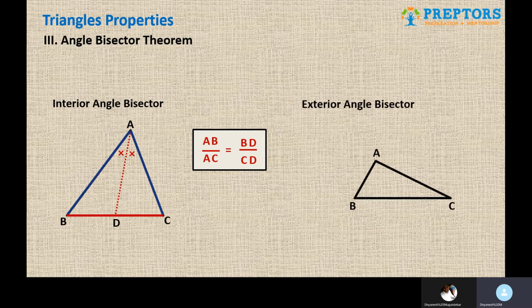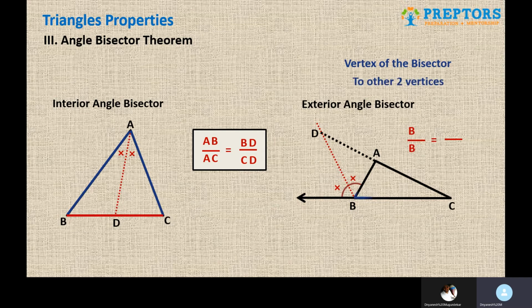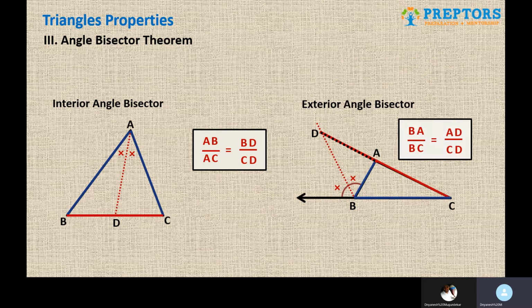We can apply that for the exterior angle bisector as well. Let's first have an exterior angle of angle B. So BD is the exterior angle bisector of angle B. Again, if you want to apply the theorem, same process. The start point of the angle bisector, which is B, goes in the numerator and denominator on one side. On the other side, in the numerator and denominator, you write the end point, which is D, and in all other places you write the other two vertices, which are A and C. So the relation that you get is BA upon BC is equal to AD upon CD.